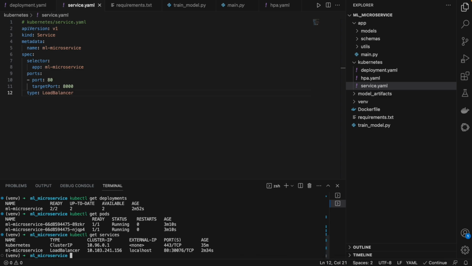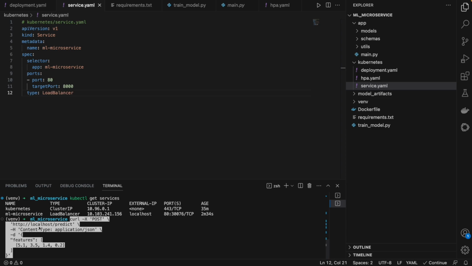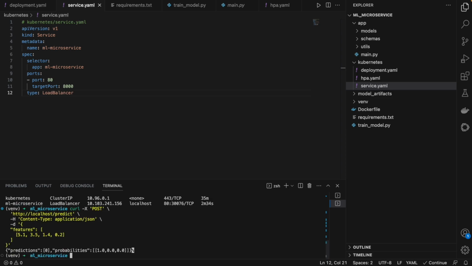Then to check whether your service is working, just try to hit the Docker container with the help of the Kubernetes cluster. So again, we will be posting to localhost predict and passing it an array of features, and we get the probability output as well as the prediction as 0.